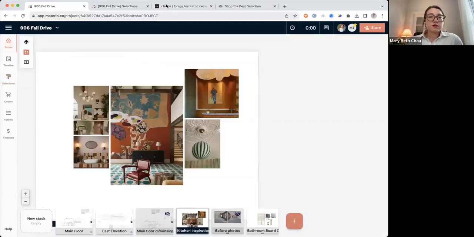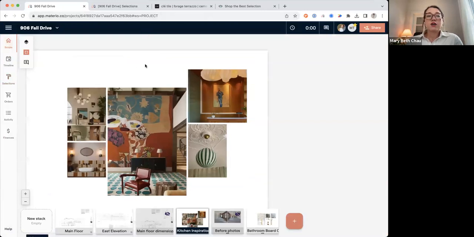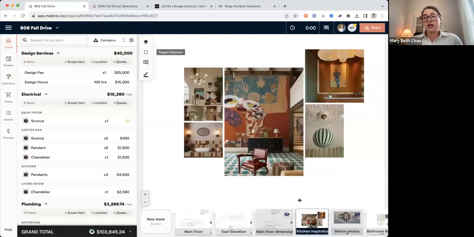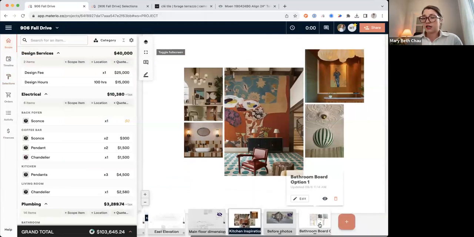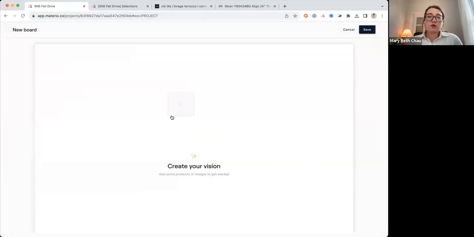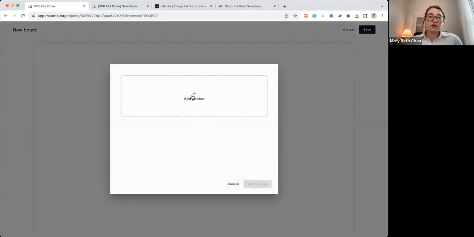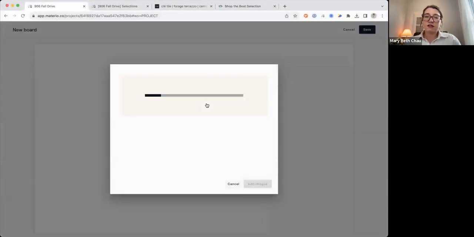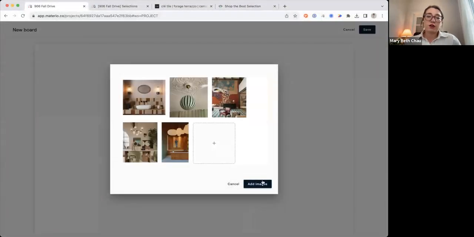Let's see, we've got a chat that makes sense. Yes. And right now, the boards can be used either for photos that you pull in or for products and materials. So that's definitely an option. I can also start a new board from scratch. I didn't go over this one was already created, but if we created a board and we wanted to add in photos, I could come in and add all 5 of these at the same time,